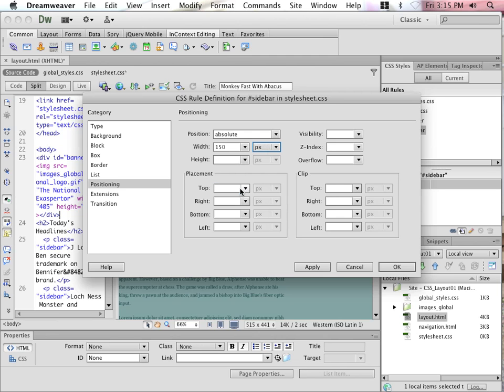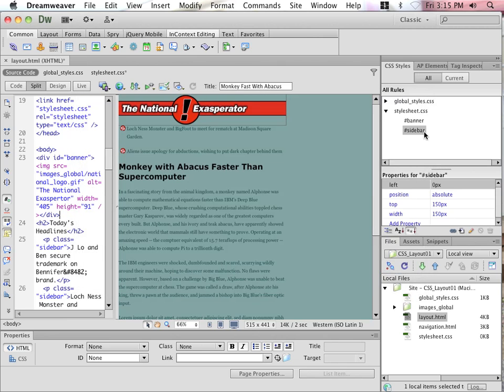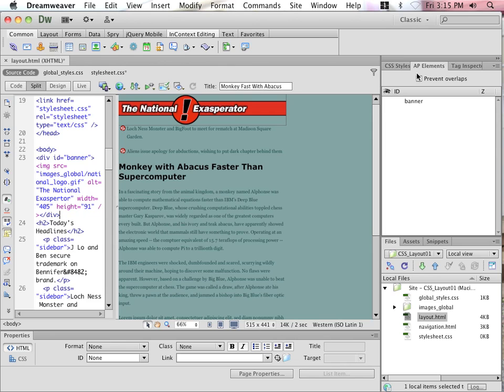So under placement, top, I'll say 150 pixels. So it'll be 150 pixels from the top of the page, but it will be hugging the left of the page because I typed in 0 for left. I click OK, and I can see now that I have another ID in my style sheet called Sidebar. So as I said, I'll hide this for now,